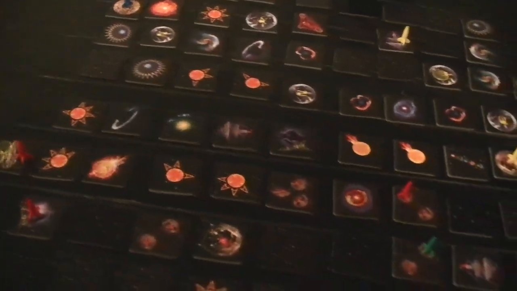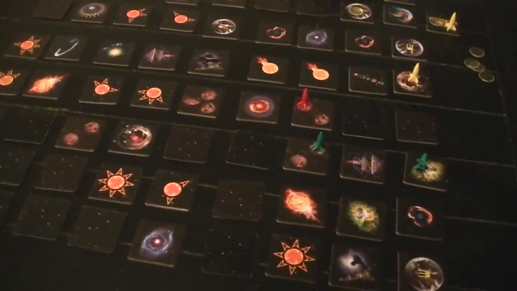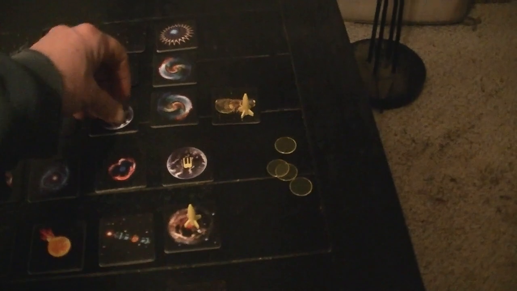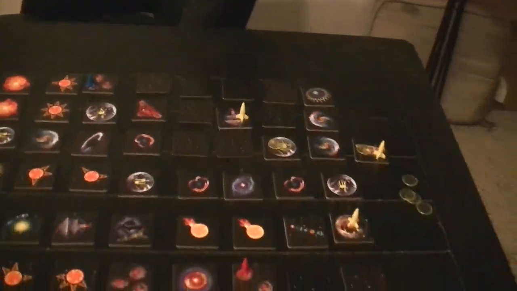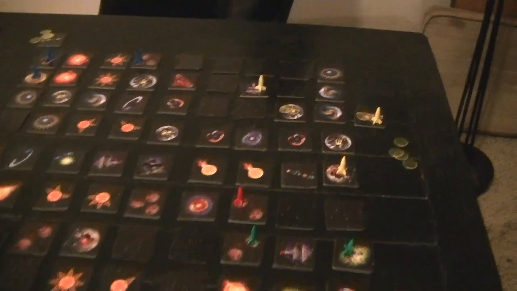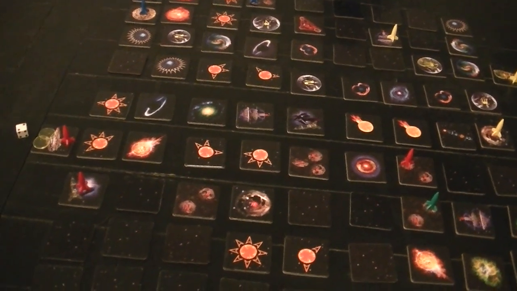Let's see what red's up to, though. I think... All right, let's look for the nebulae, because those can be interesting. But see, there's a couple of chips here, but we'd be putting a nebula right on yellow, which doesn't really do us any good, right? Because he could then move back there. So that's not helpful. So...